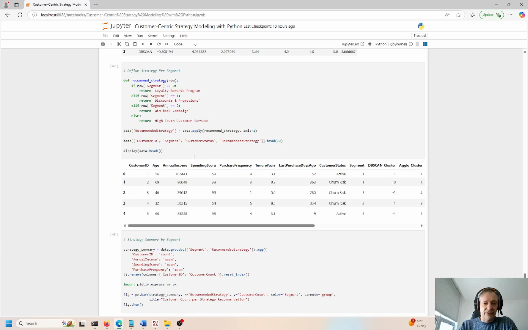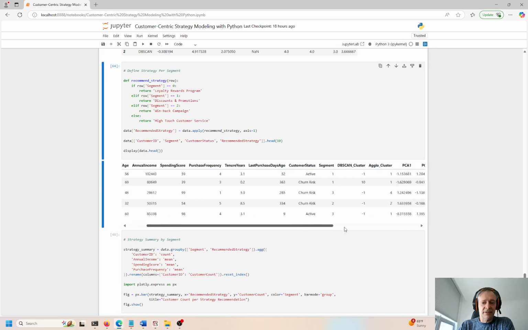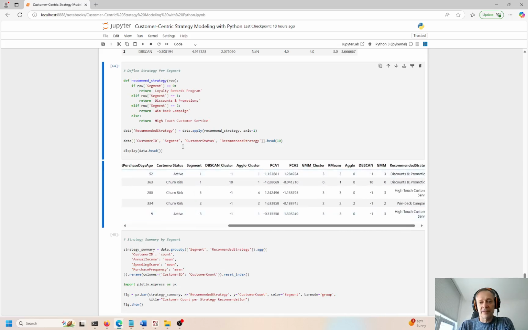And then we can segment those as well. So let me refresh that. Control Enter to run it. So we have the original customer ID, income, spending, purchase, tenure, and so on and so forth. And we have the K-means, DB, algo 1, 2, GMM. And then we have the ranking and the clustering,